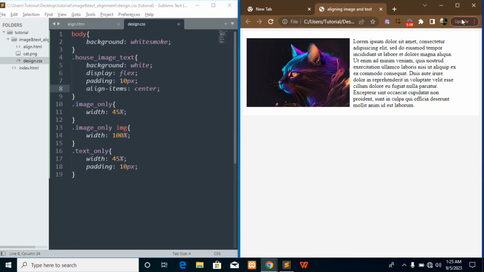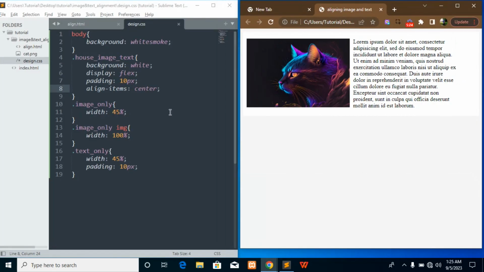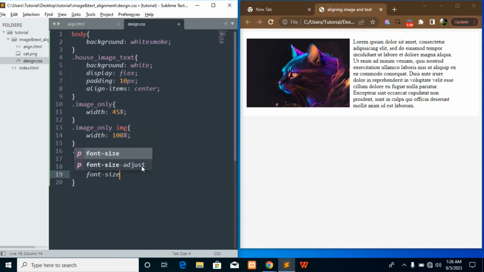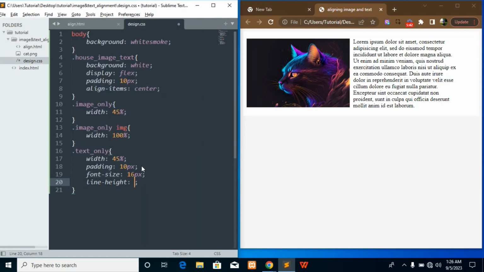So let me preview this in a larger screen. This is it here. I want to increase my text. I give it a font size of 16 pixels. I just want to give it, let me see, a line height of 30 pixels.